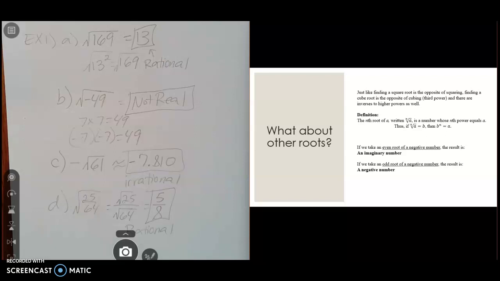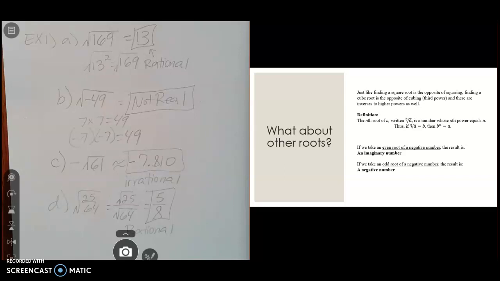So with that nth root, whatever that root is, sometimes you're going to have a 3 there for a cube root, or a 4 there for a fourth root, or even a 5 there for a fifth root. You can have any number there in that index spot where the n is. If the nth root of a equals b, then that means we're looking for some b to the n to equal the a. In general,